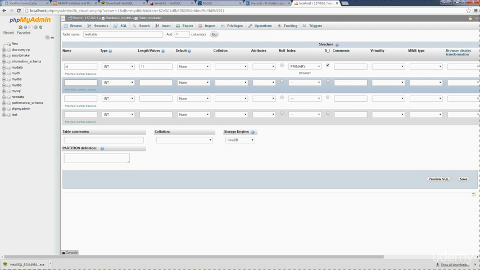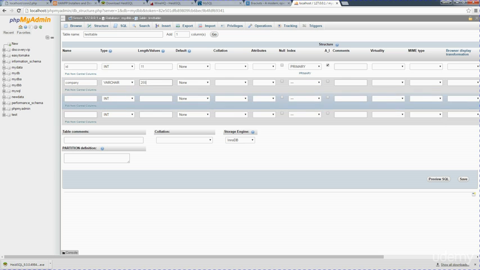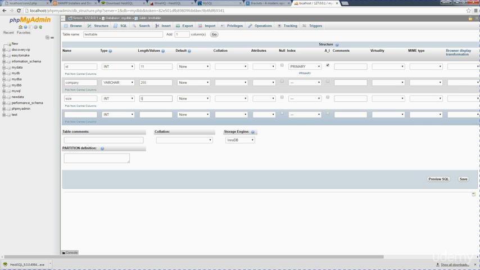And maybe we're going to make something like a company. This is where we want to maybe hold a company name or something. So variable character, and you can go up to 255 on the variable characters. So you don't have to check anything else off here. So this is just typical, and maybe we'll do something for size here. So this is going to be a number again, and I'm just going to put a number of 5,